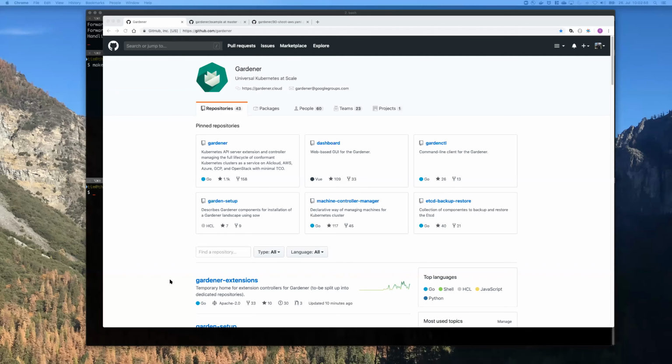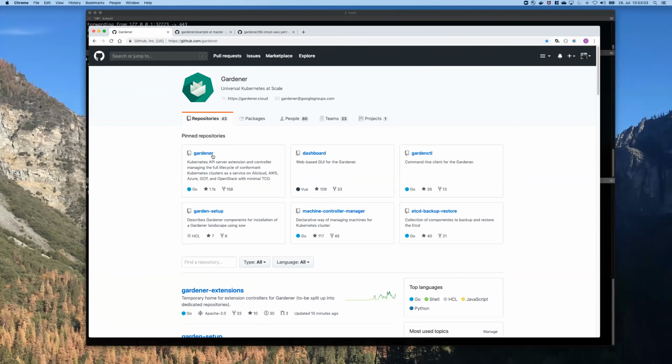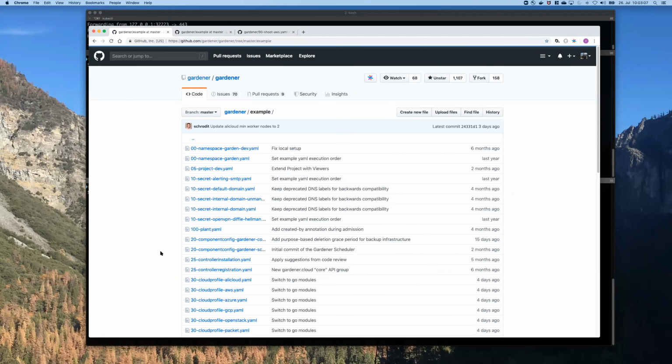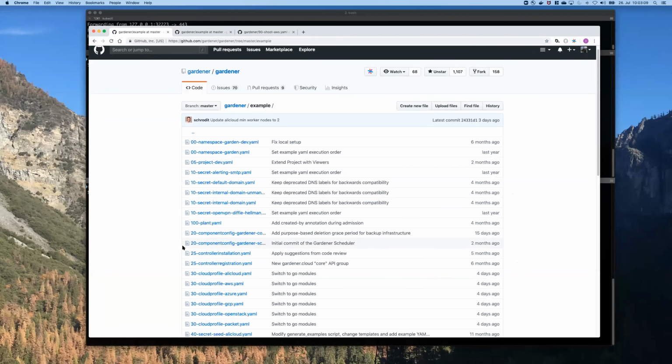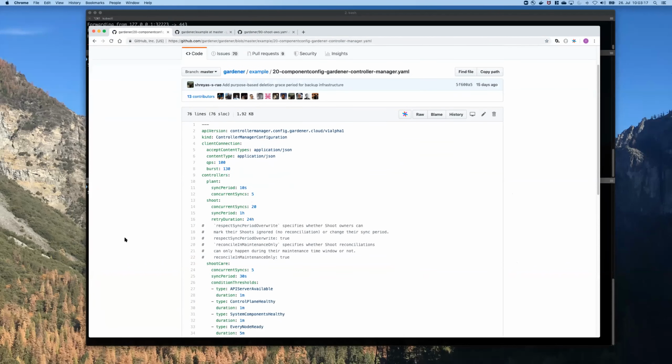So maybe let me jump to the Gardener GitHub page so I can navigate you to the example. So we have that component configuration for the Gardener controller manager. And there's a new setting, reconcile in maintenance only. And if you enable that, then the shoots only get reconciled in their maintenance time